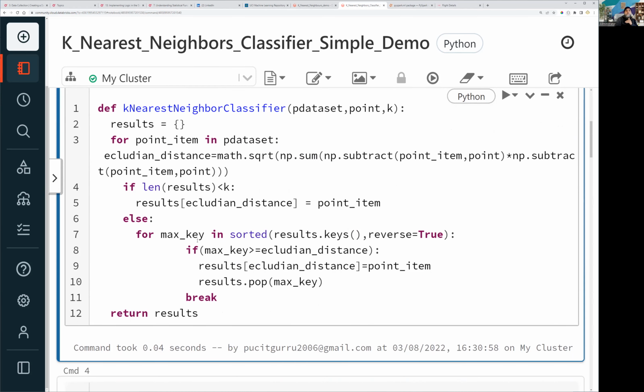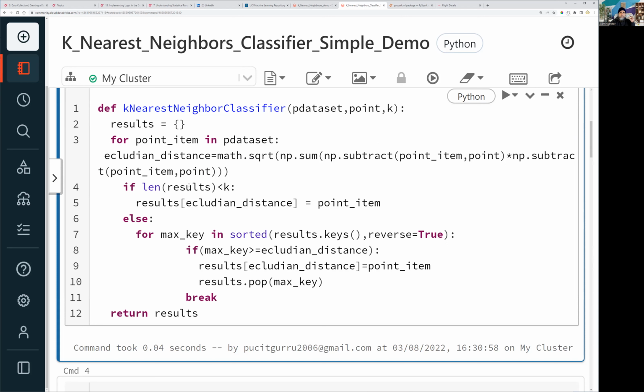Okay, now if we start in sequence, initially our dictionary is empty, and the first k points are not going to be compared against anything, because we first need to put the k points in as they are, right? Then we start comparing: whatever next k plus 1 point comes in, whether it has a smaller distance compared to the existing points, so we can replace one with it, right? So that's why I put that condition: if the length of the dictionary, which is going to hold my Euclidean distance and point, is less than k,